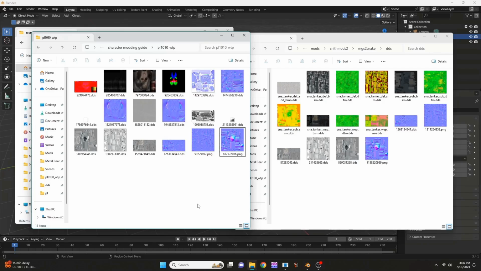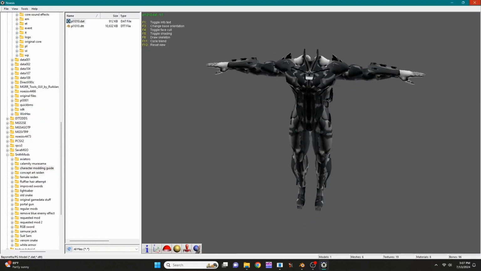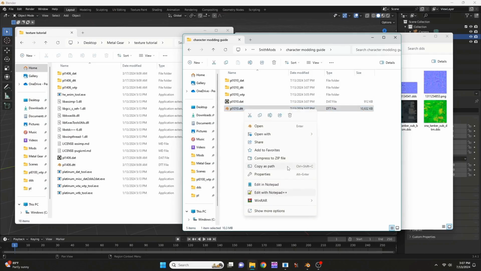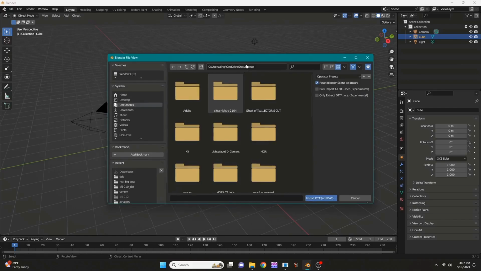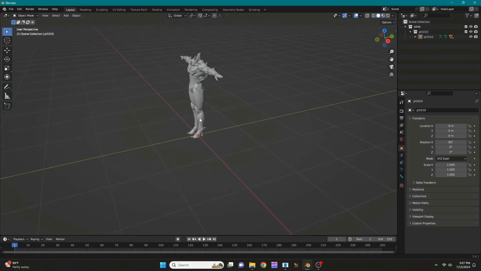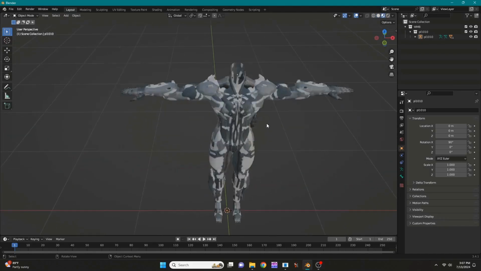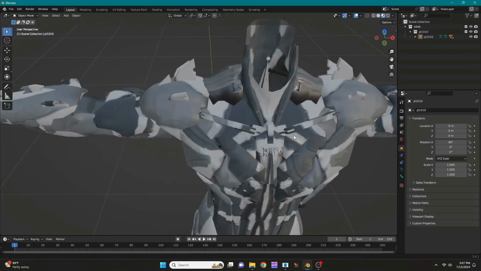So now we're going to be moving on to the actual Blender part of this guide once you've repacked the WTA and WTP, etc. Oh, one thing I like to do is check once the textures are swapped that they're actually applied. So I opened it in Oasis just then, but now I'm going to be importing the model into Blender, and as you can see, the textures are working just fine,